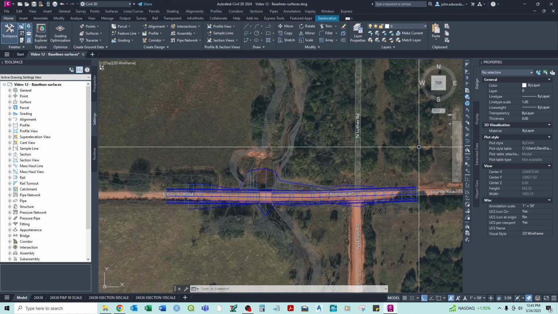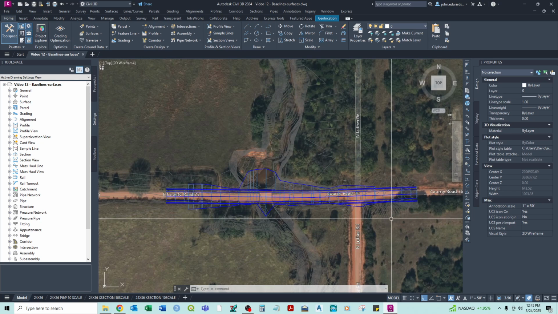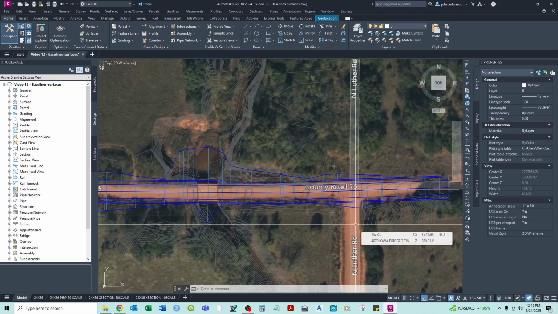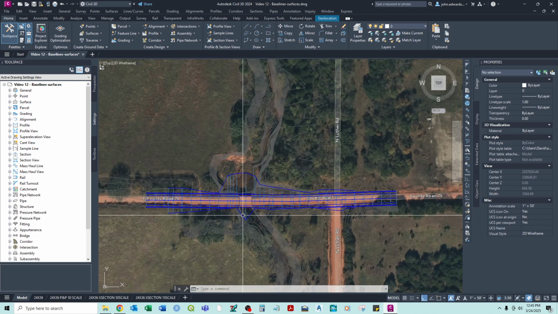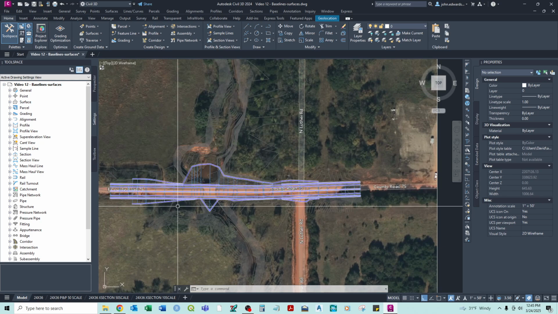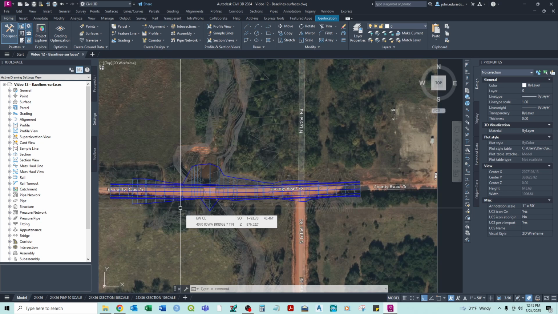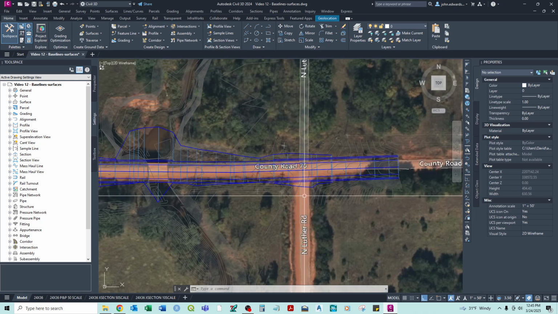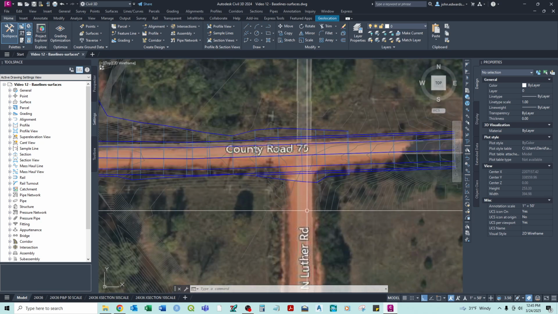Alright, so this video will cover discussions of adding baselines and regions to corridors, specifically looking at creating an intersection between two roadways. So here we've got a bridge project we're working on. We've got a basic corridor that runs the length of the replacement project. Again, we'll have issues around the bridge we'll discuss later, but right now we need to tie this in to